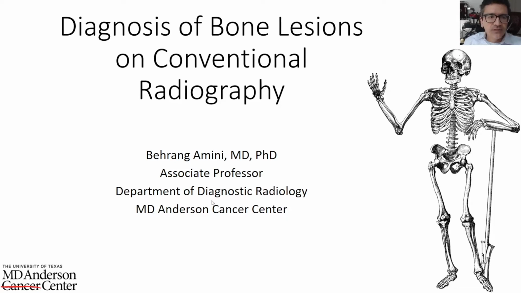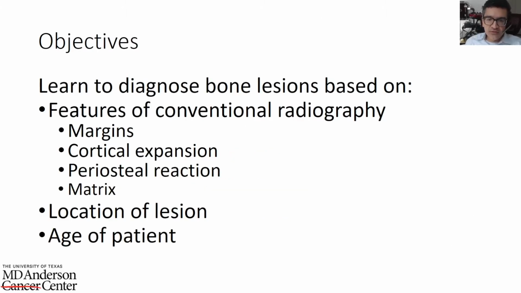Hello everyone. Today we're going to be talking about diagnosis of bone lesions on conventional radiography. Our objectives are to learn to diagnose bone lesions based on features on conventional radiography, location of lesion, and age of patient. On conventional radiography, we're going to be looking at lesion margins, cortical expansion, periosteal reaction, and matrix. And we're going to put all of these together to come up with a reasonable differential diagnosis when presented with